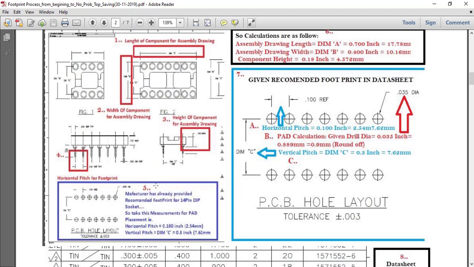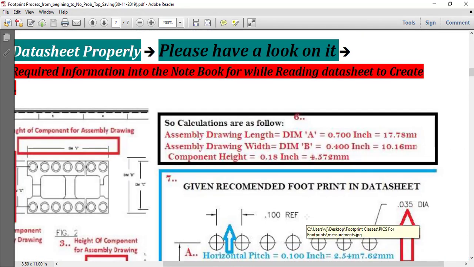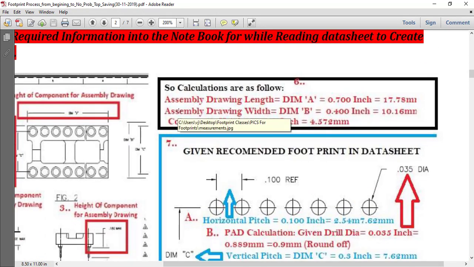See, in the datasheet they have given the details about the horizontal and vertical pitch. This is the horizontal pitch. Now we will talk about the assembly drawing calculations.